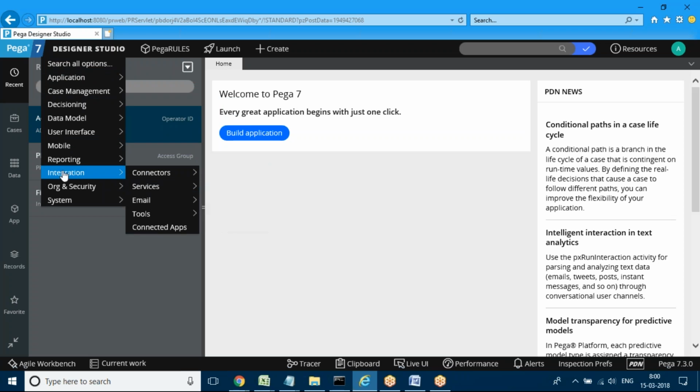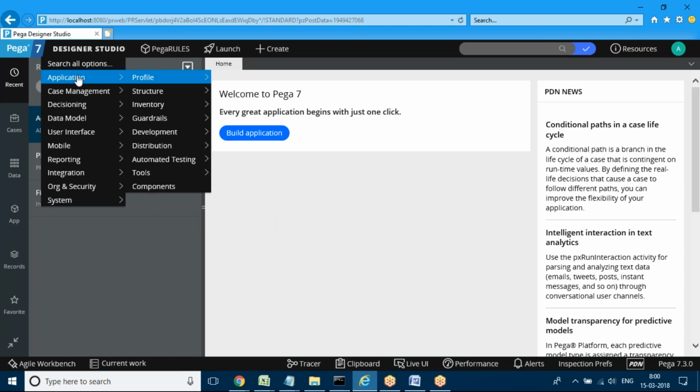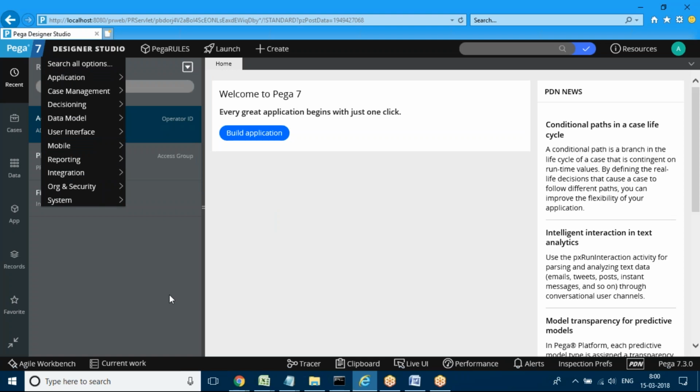So mainly under the application menu, the integration part and application part are what a developer will be using. And remember, not only developers, many other people also work in the same portal, like team leads and business analysts. All the options we as a developer don't use. Some lead architects will be using, the technical team will be using, and BAs will be using some options. Only some options will be used by a developer. Under the Business Studio menu, four or five important tools are there, and we'll be using them.